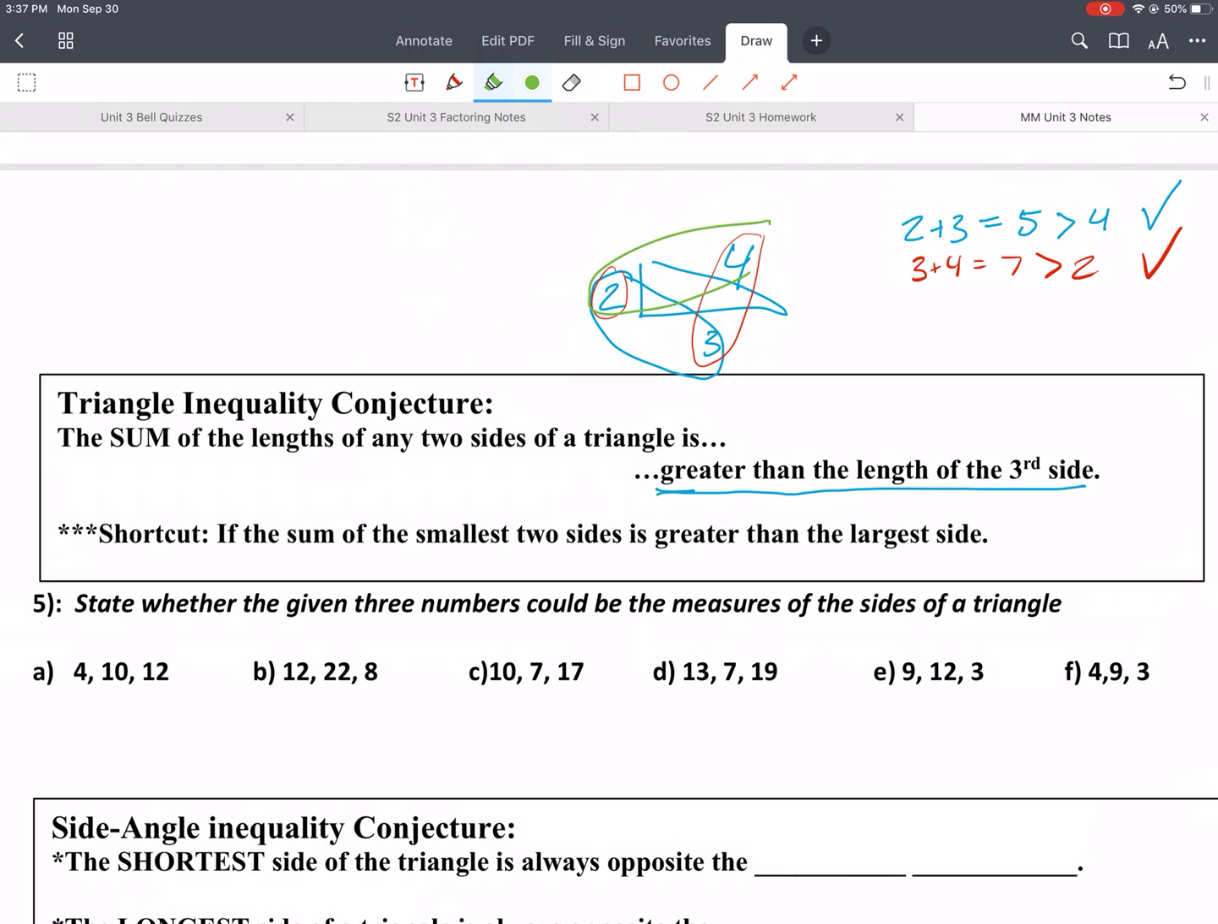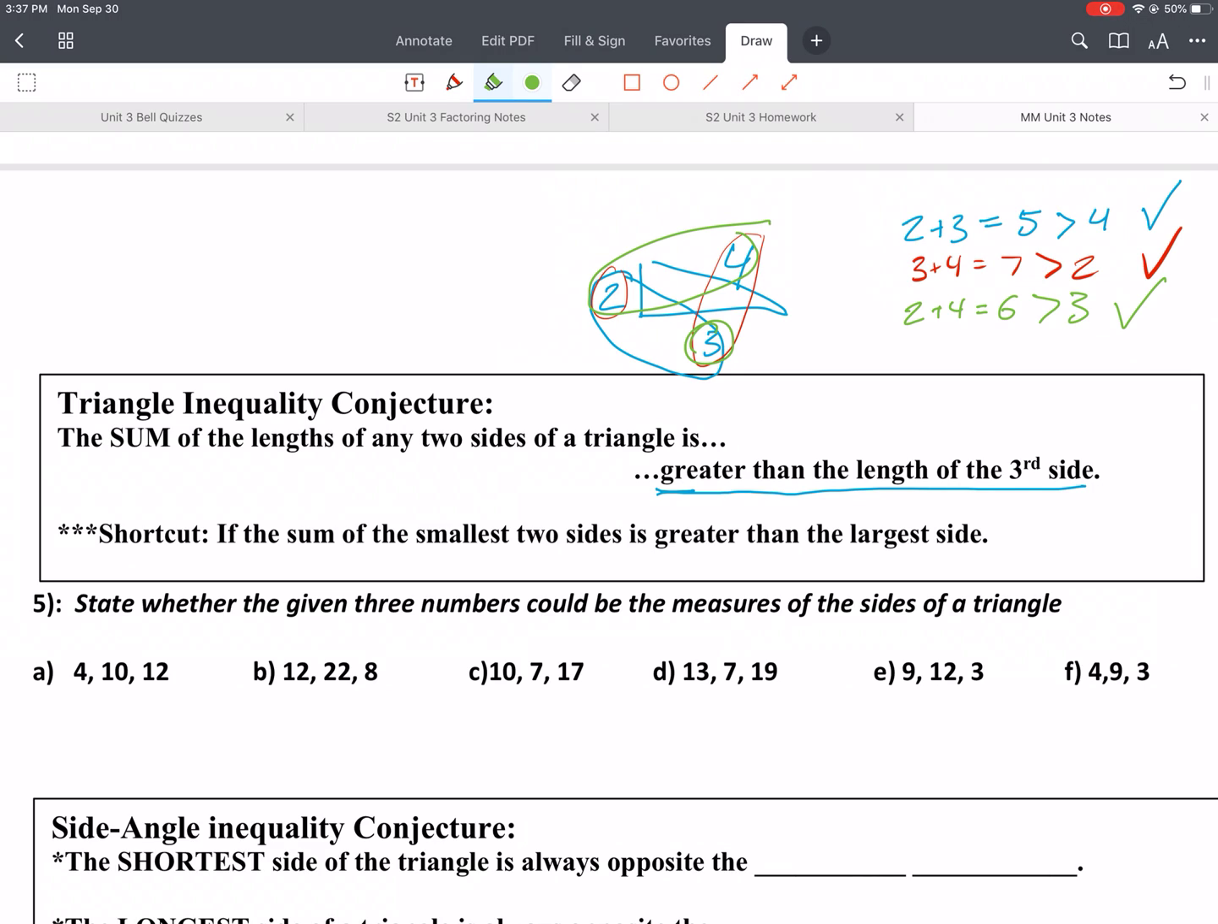We'd add these two together. 2 plus 4 equals 6, and 6 is greater than 3. Okay, so we just use this conjecture to ensure that we can make a triangle with those